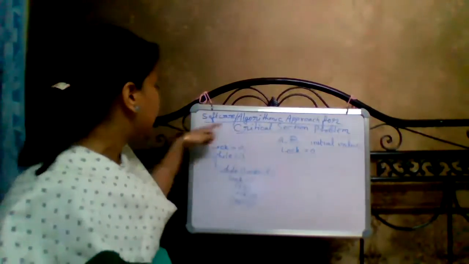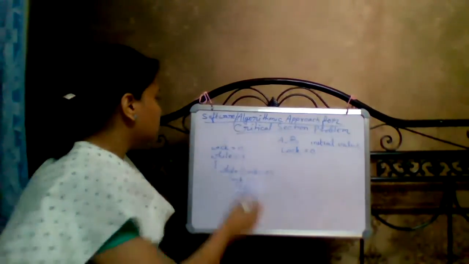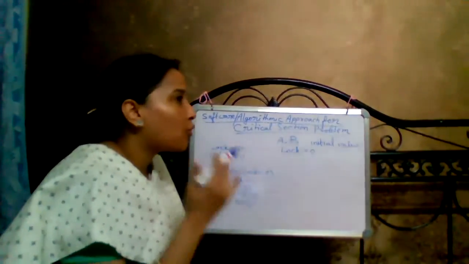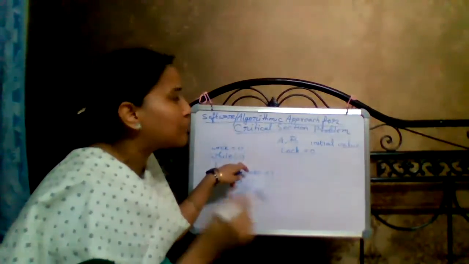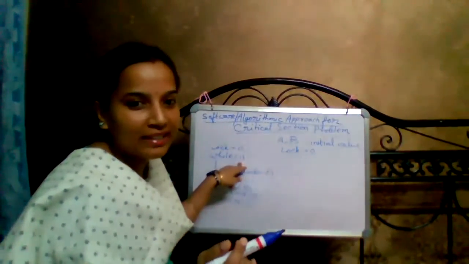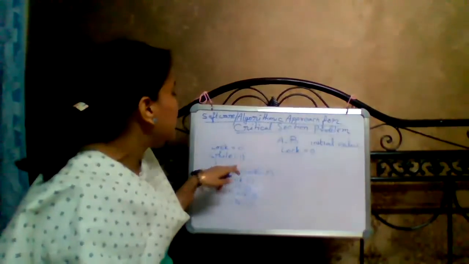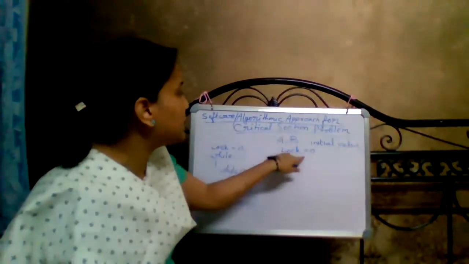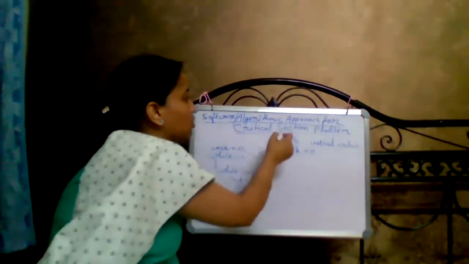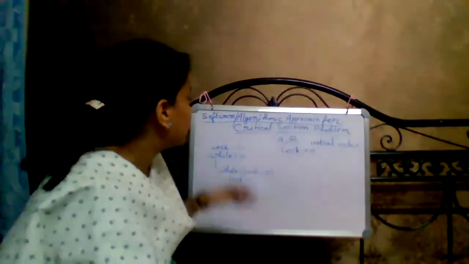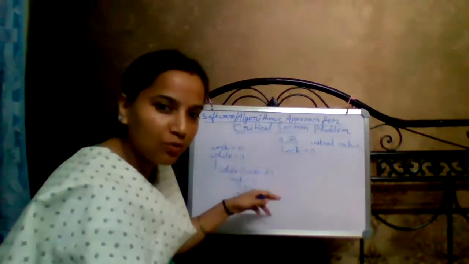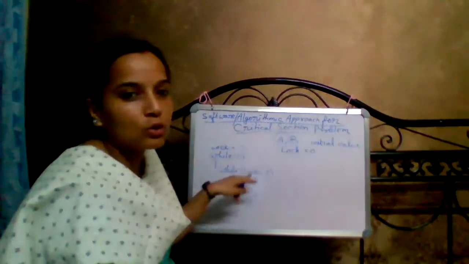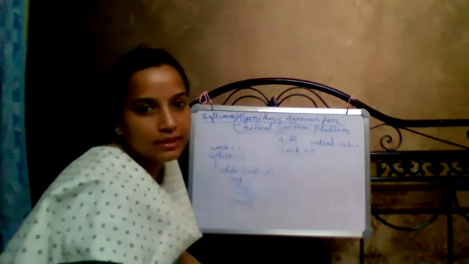So here we discuss this in this algorithmic approach. Here initially the value of lock is 0. Okay, so while true, that means if any process wants to enter, it first checks the value of lock. Initially that value is 0. So suppose process 1 or process A wants to enter, it first checks if the value of lock is 0. Then what happened? It just changes the value of lock to 1 and enters its critical section.